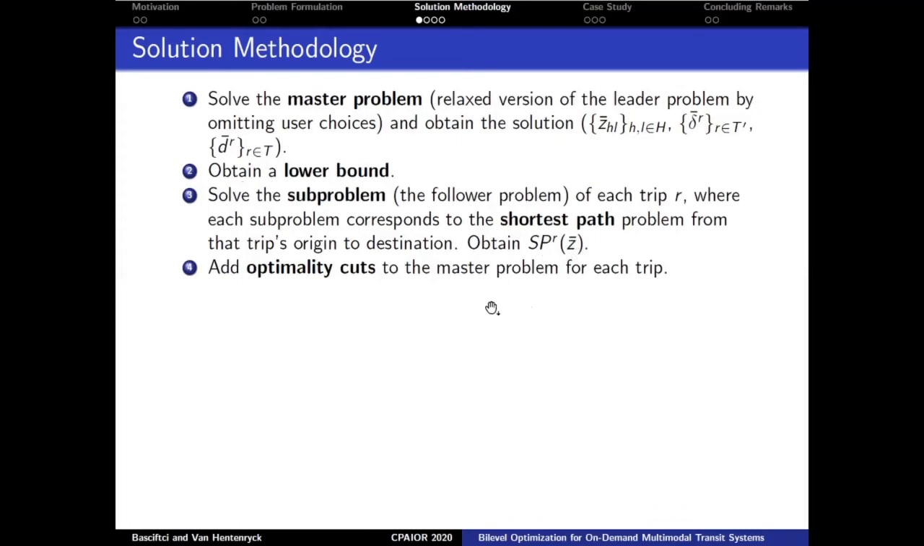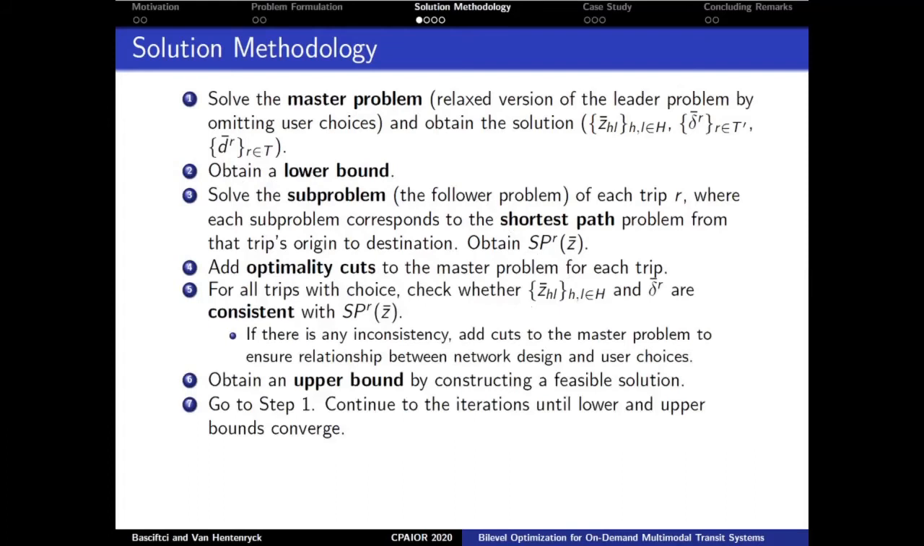And we add optimality cuts to the master problem for each trip, which is in fact the Benders' optimality cuts. Afterwards, for all trips with choice, we check whether this z-bar and delta r value are consistent with the shortest path value that we obtained. And if there is any inconsistency, then we need to add cuts to the master problem to ensure this relationship between network design and user choices. And in the following slides, I will be going over further about this